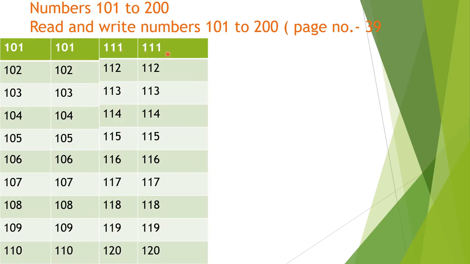111, 112, 113, 114, 115, 116, 117, 118, 119, 120. Next row is